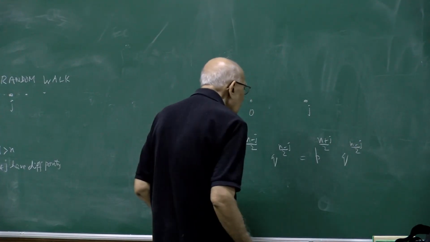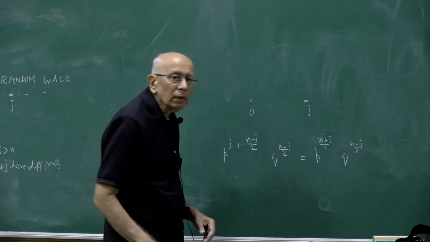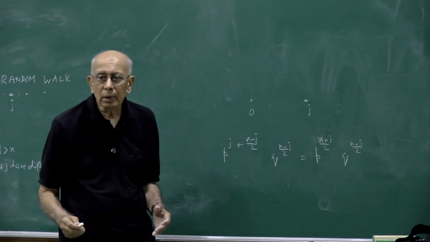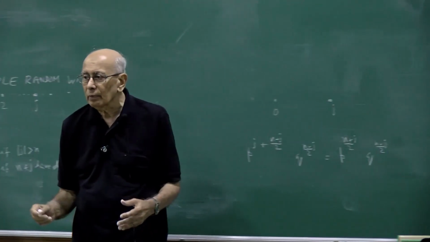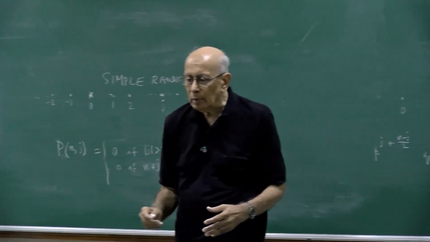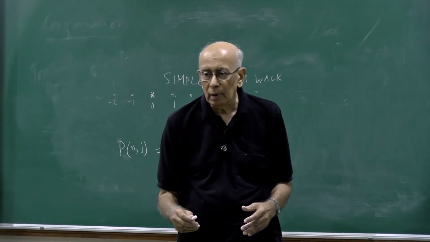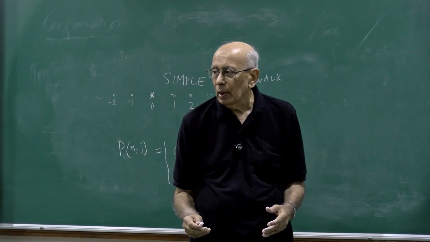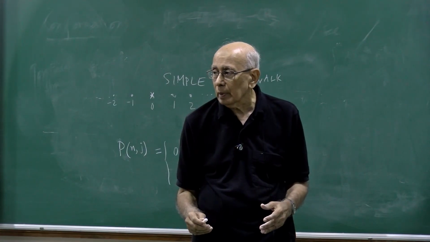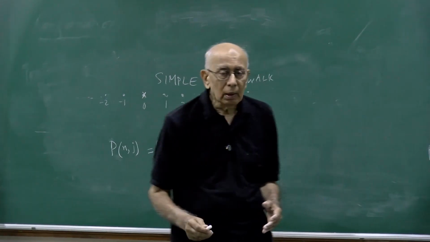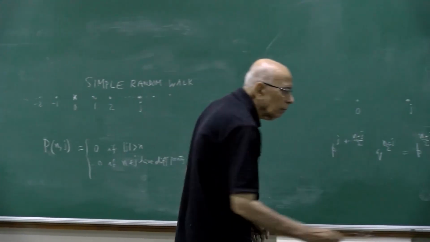But it doesn't matter in what order I make these steps. I go right, left, etc. The total number of rights must be (n+j)/2, the number of lefts must be (n−j)/2. Exactly like our coin toss experiment, but in any order. So the answer to our problem,